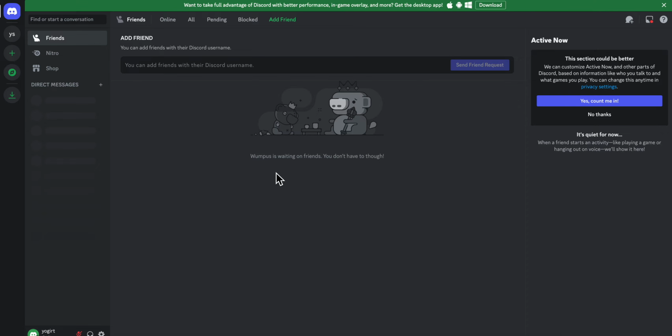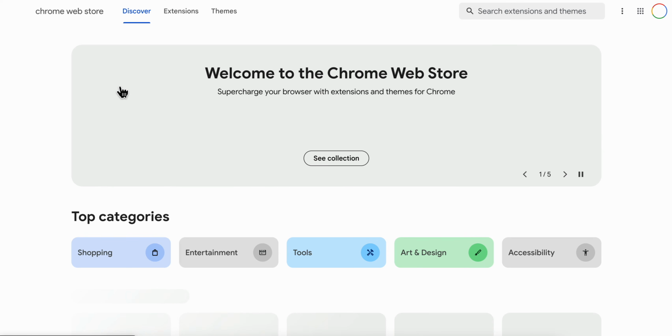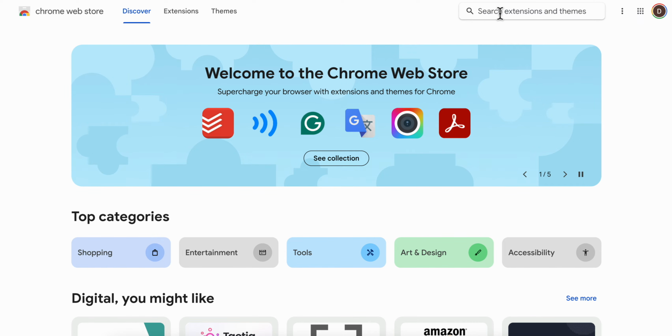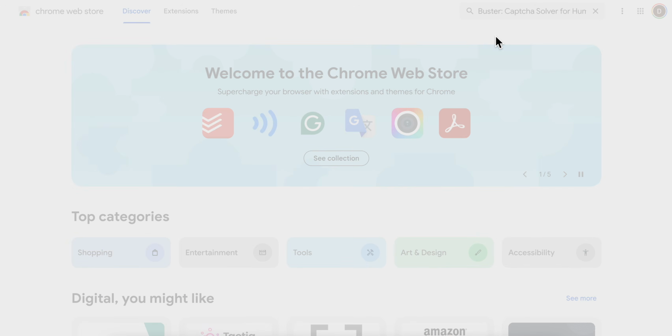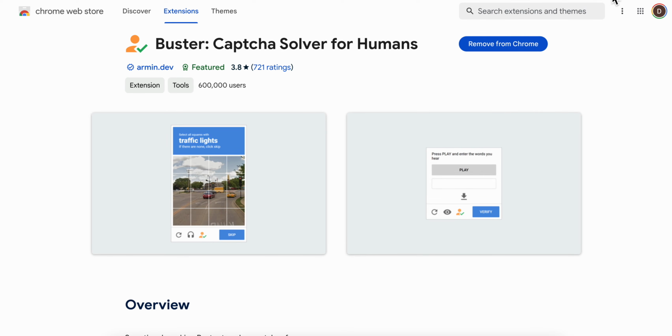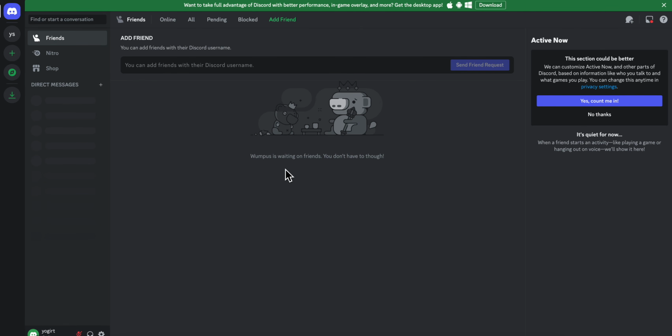So after you open Chrome and log in to your Discord account, you're gonna have to simply open a new tab and search for Chrome Web Store. And after that, you're gonna have to install this Chrome extension, which is called Buster. After you install this, it's gonna look something similar to this. So you're gonna have to simply install it and then refresh Discord, and basically that's all you have to